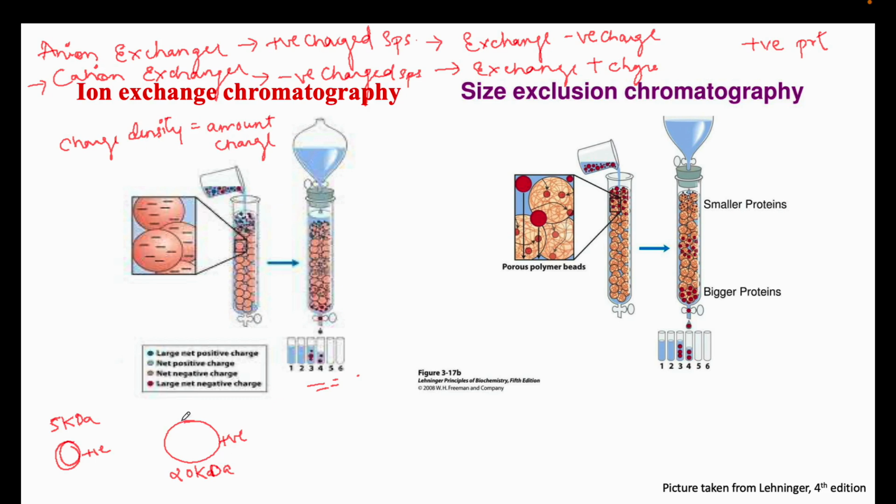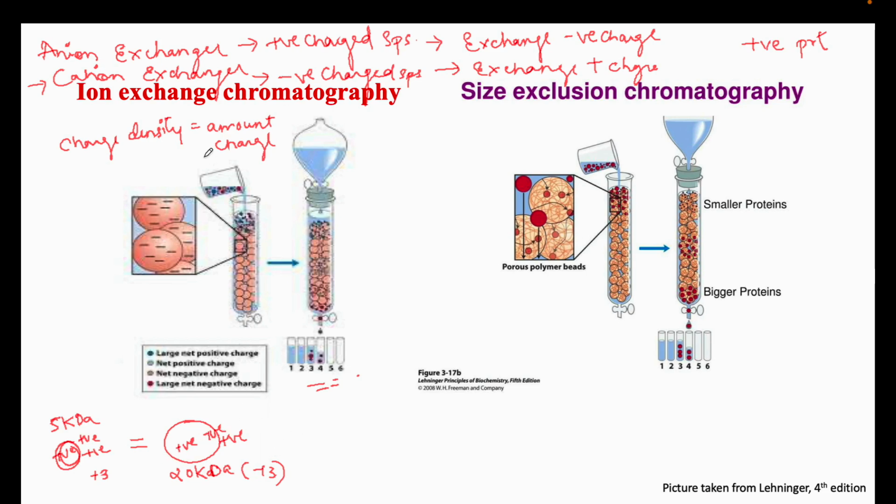Okay, for example, a positively charged protein, and I might have 2 or 3 positively charged residues on the same 5 kDa protein. I have 2 or 3 positively charged residues, so overall charge on 5 kilodalton protein is also plus 3, and the overall charge on the 20 kilodalton protein is also plus 3. So these proteins have the same positive charge density, so irrespective of the size of the protein, they'll get eluted in my elution tubes, right? They'll get eluted.